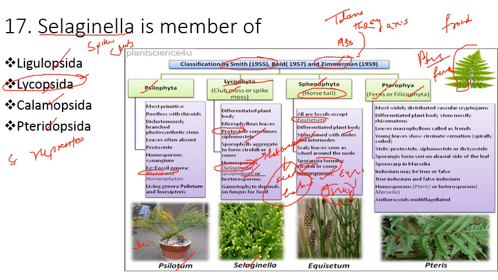So this is the most advanced group of vascular cryptogams and the plant body is differentiated into mostly rhizome और एक erect stem होता है. Then leaves में भी macrophyllous जिन्हें हम बोलते हैं fronds, और इसमें जो venation होती है that is special venation जो कि आगे से coiled structure होता है, that is called circinate venation. तो circinate venation इसमें present होती है. Steles में भी protostele, siphonostele और dictyostele, और जो sporangia होते हैं they are present in groups जिसे बोलते हैं